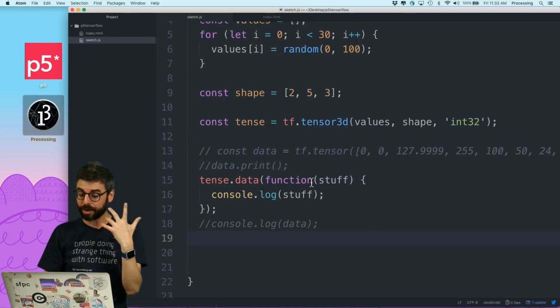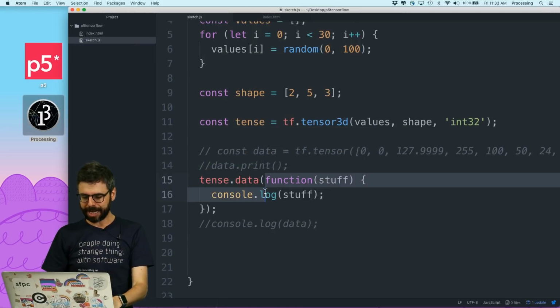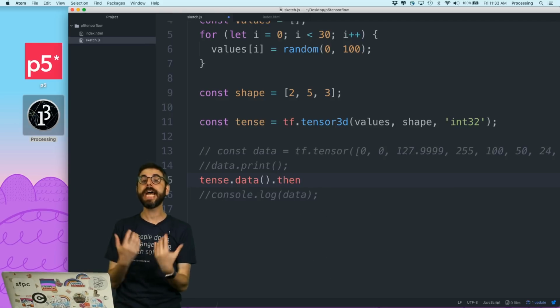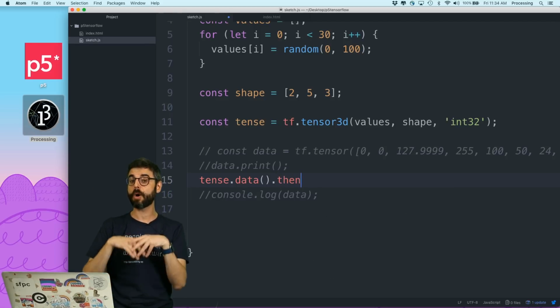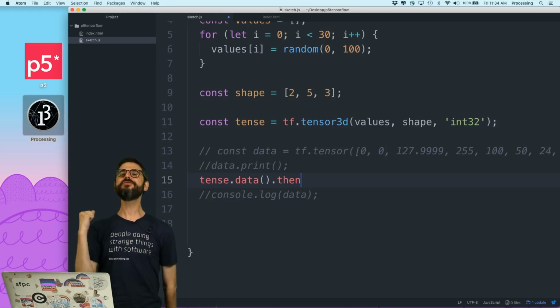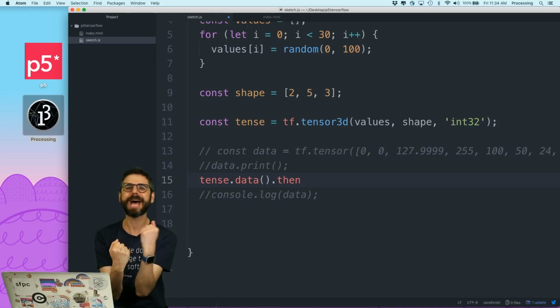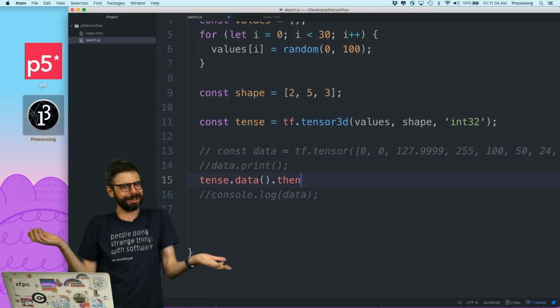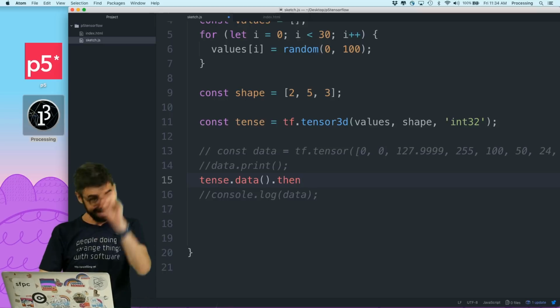So actually what I want to do is, if I say tense.data, I can say then. And then is this special function that's part of a promise, where it's saying like, once the promise has been resolved, you've made a promise to me, you're going to keep that promise. And when that promise comes to roost, cock-a-doodle-doo, I don't know, then